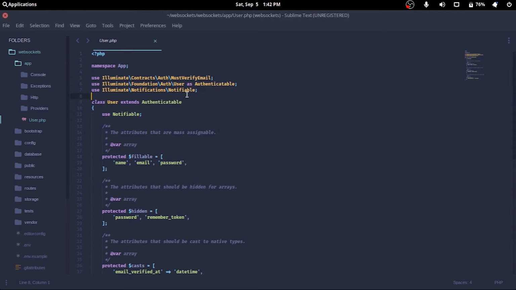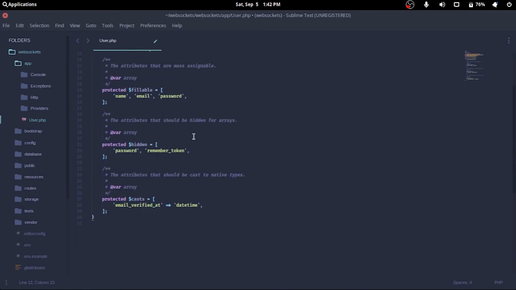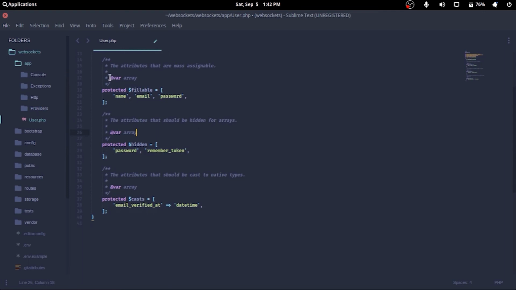Then we'll go to the User model at app/User and paste the import HasApiTokens, and the user should have the HasApiTokens trait. Now that's all for the Sanctum part except the routes, which we'll get into after we create a dummy user.